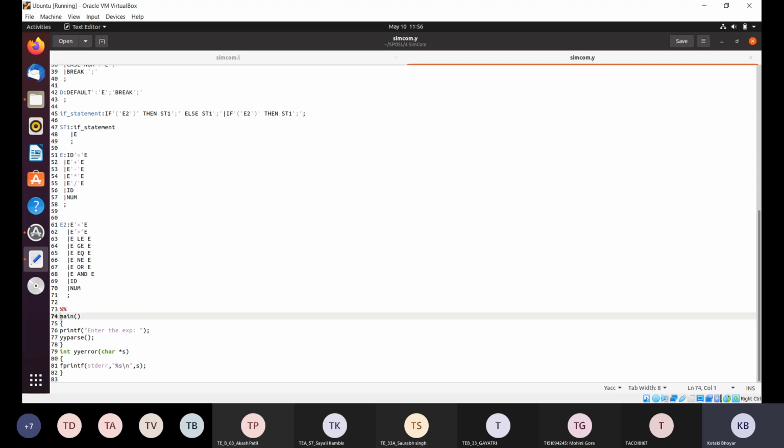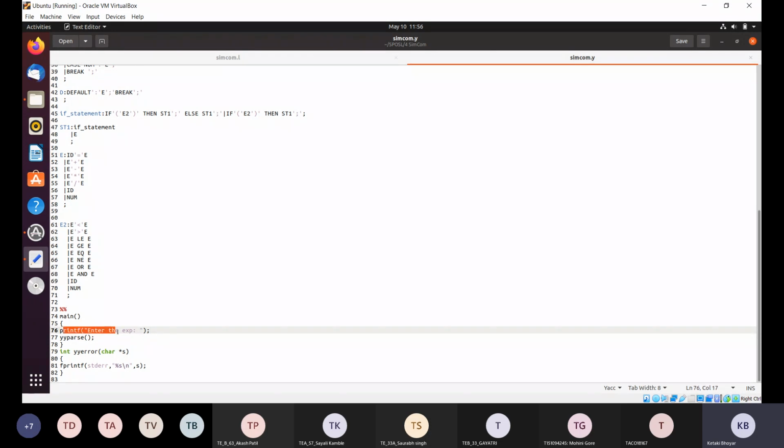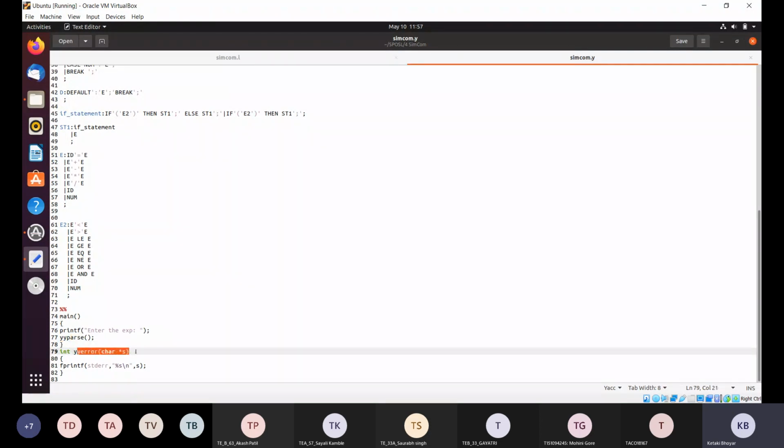And in the last part, as this is the YACC file, we are going to write the main function in the YACC file itself. So first of all, you have to enter the expression, then parse, you have to call the parser. Syntax analyzer will be initiated. It will analyze and convert that particular given expression into the syntax tree. It will take the tokens from the lexical analyzer. Accordingly, it will validate and give you the output directly. If there are any errors, they will also be printed here.